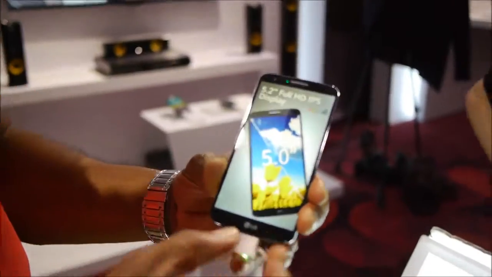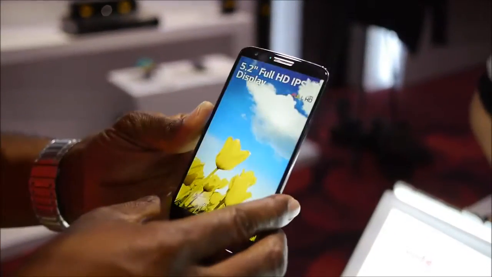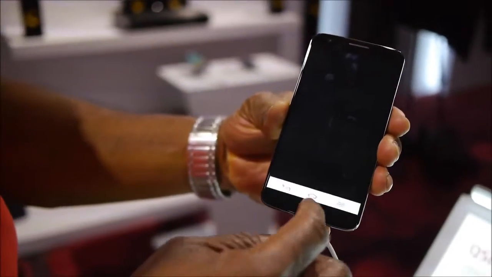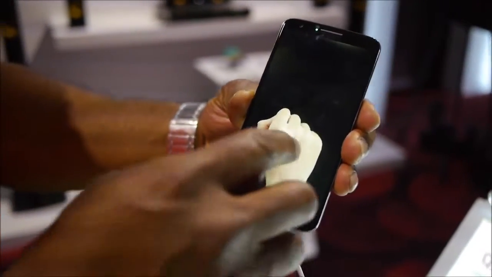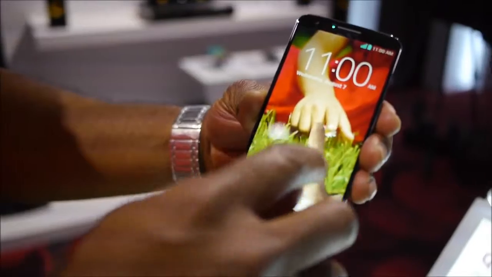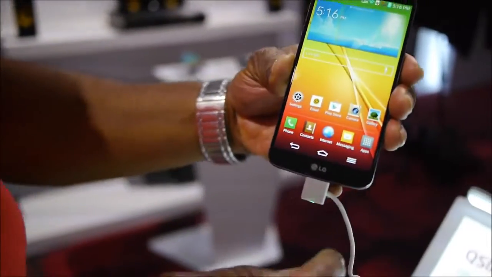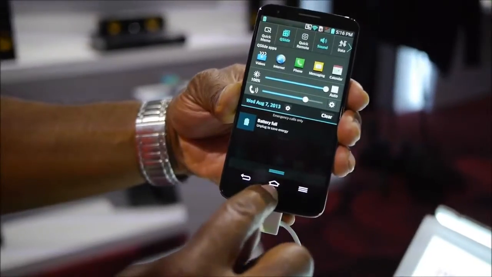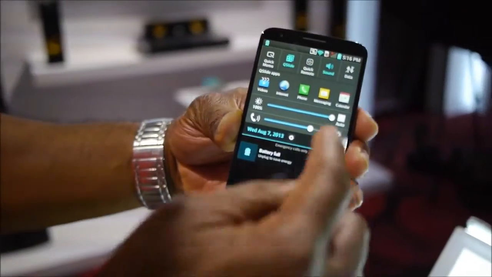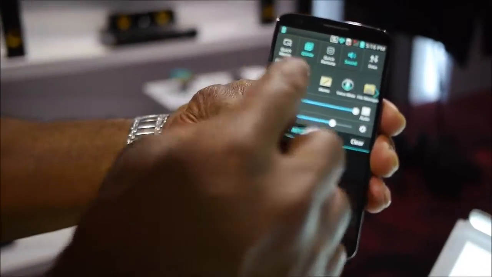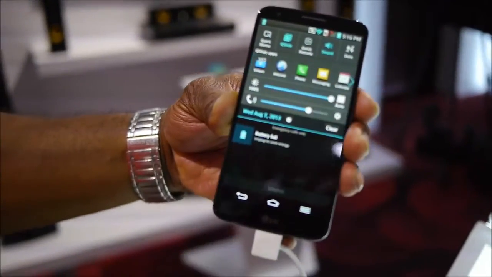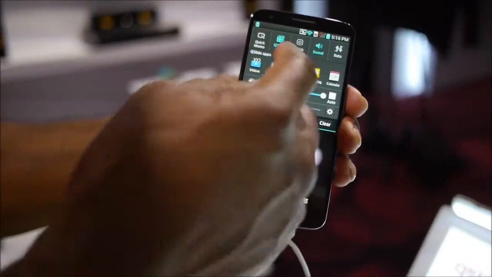With QSlide, I can simply multitask anywhere, anytime, no matter what I'm doing on my G2. Here you see the knock-on feature. Let me go ahead and unlock this. With QSlide, an easy way to access it is to pull down your notification screen. Once it's pulled down, you see a number of QSlide apps here on the global version of the G2. So anytime, let's say I'm in a phone call,